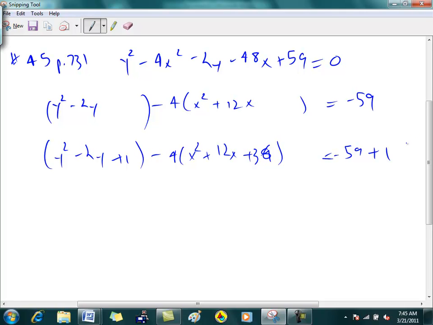And so then on the other side, notice that what you've done is you've subtracted, okay? So you better subtract 144 on the other side. You did that? Yeah? Okay. So then I have y minus 1 squared minus 4 times x plus 6 squared